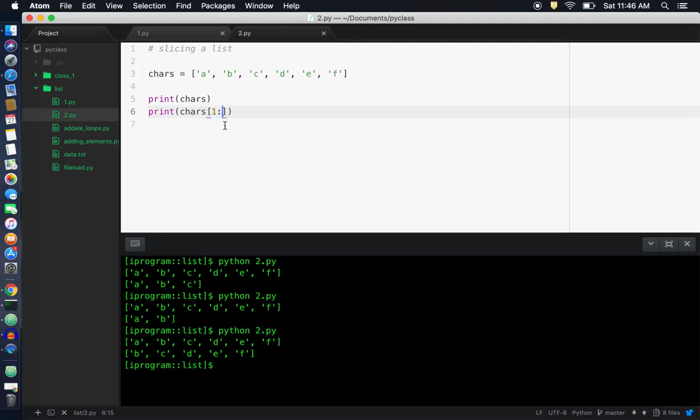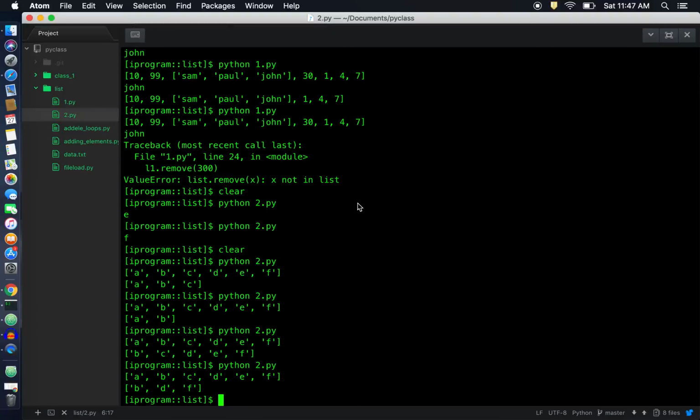Here we are giving only two parameters separated by a colon. Even I can do something like this, another colon, and I can give some values here. Let me give 2 and show you what the output is. See here, we got B, D, F. In the previous one, when I did not use the third parameter, I got B, C, D, E, F. But here we got B, and we did not get C, but we got D, and there is no E but F. So that means